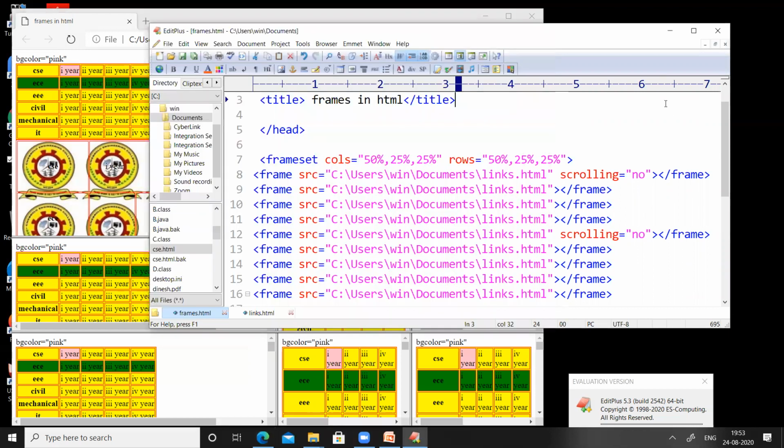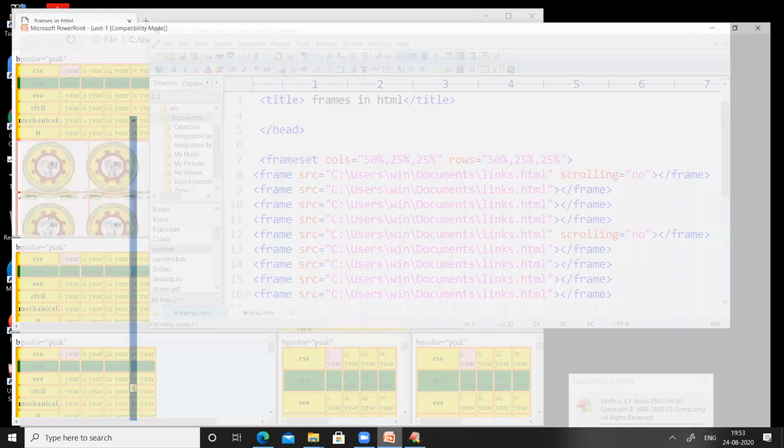So this is how we can have scroll bars for a particular frame on a web page, and we can turn off those scroll bars. And similarly, we can set auto to the scroll bar, which means if scroll bars are needed for that frame, they will be added automatically. If there is no need of scroll bars, they will be deleted automatically. So let us see the last attribute in today's class.